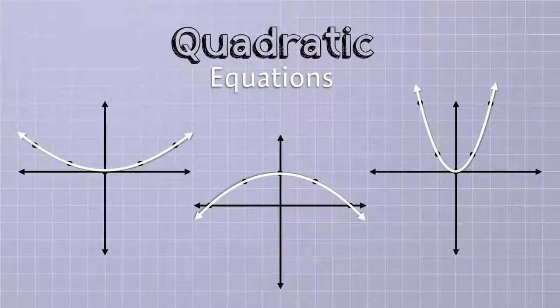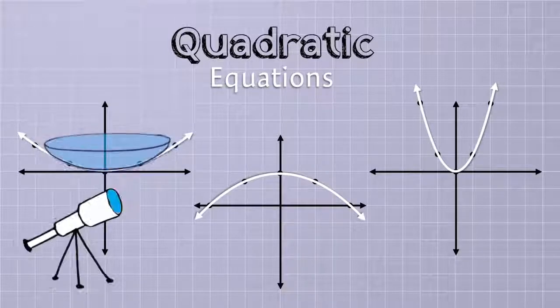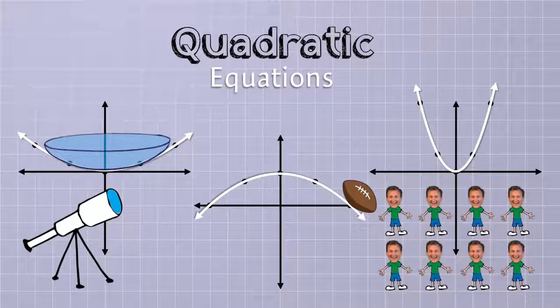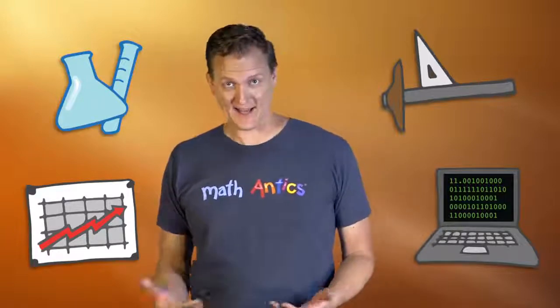Another class of algebraic equations, called quadratic equations, can be used to design telescope lenses, or describe how a ball flies through the air, or predict the growth of a population. So algebra is used all the time in fields like science, engineering, economics, and computer programming. And even though you might not need algebra to get by in your day-to-day life,